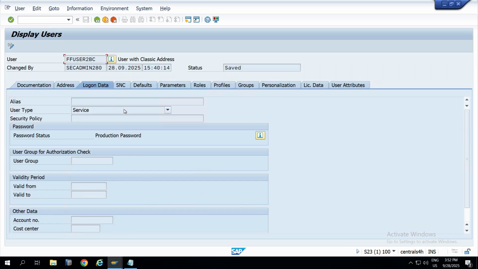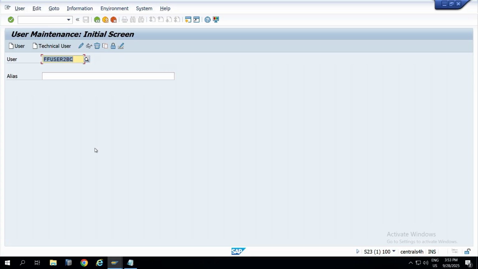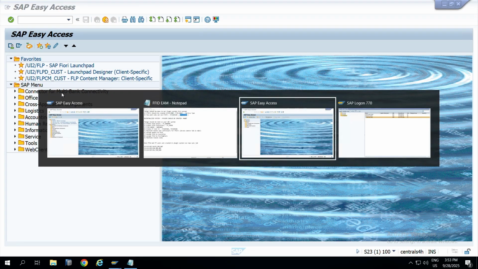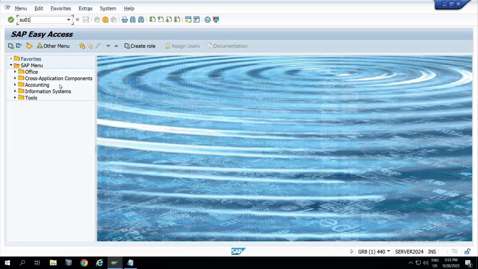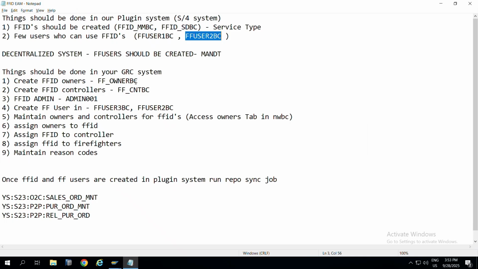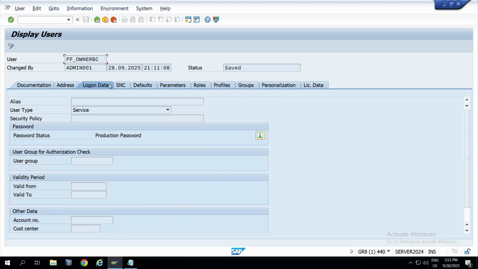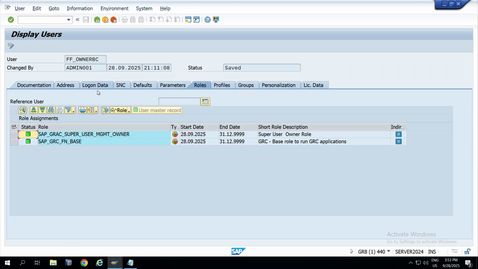And this will also, I have given a service, make it as dialog. And under roles I have given the same three roles. Okay. And coming to my GRC system, so this is my GRC system, and here this is my owner, FFID owner. Okay, so when I click on this owner, and see here I have given user SAP management, super user